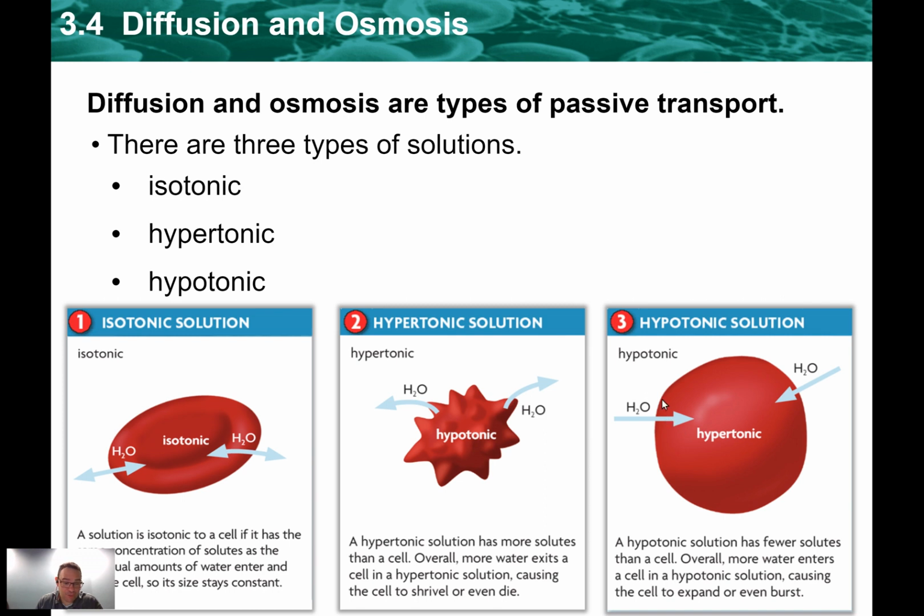Well, now you have way too much water because you flushed out all the MSG, and now water's rushing into your cell. So what does your body do? It starts to take that water out through your kidneys, and you have to go to the bathroom. You have to urinate. And you'll keep doing that until you get back to isotonic. So isotonic is when it's even. Iso means even. Hyper means extra, right? So the solution is hypertonic,